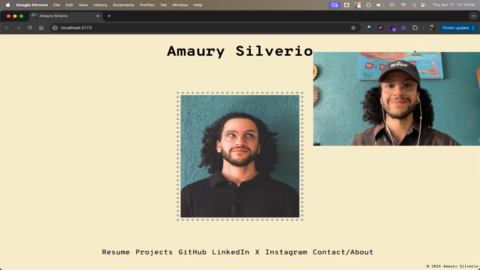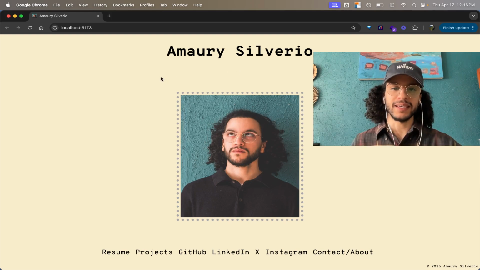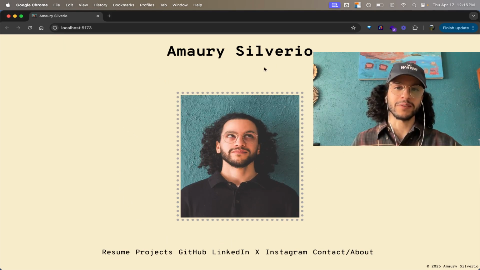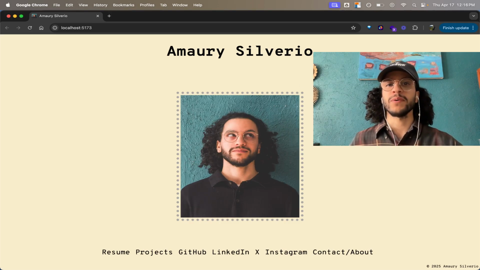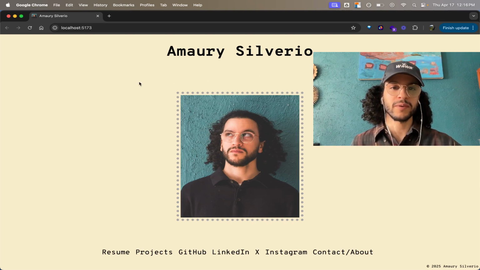Hey everybody, it's Amari, and in this video I wanted to highlight how I created the center image component for my interactive portfolio. Now essentially what this component is doing is that it's creating a grid based on the width of the user's window, and